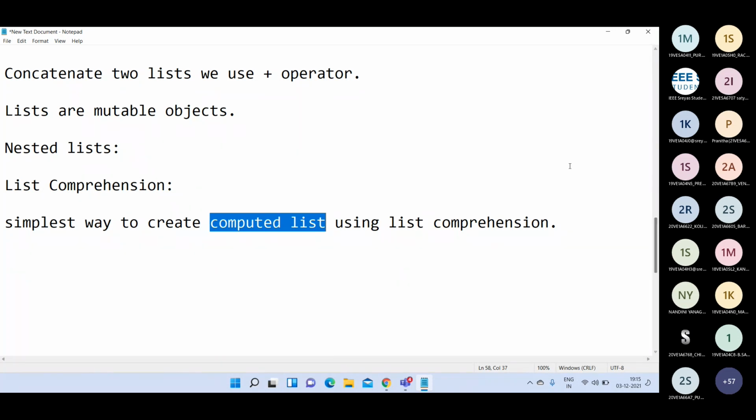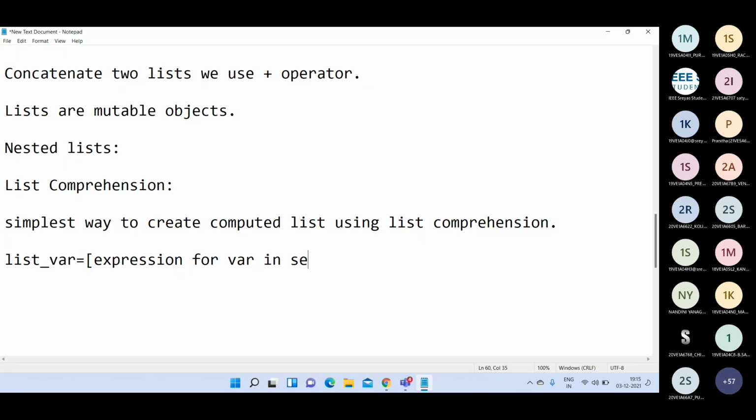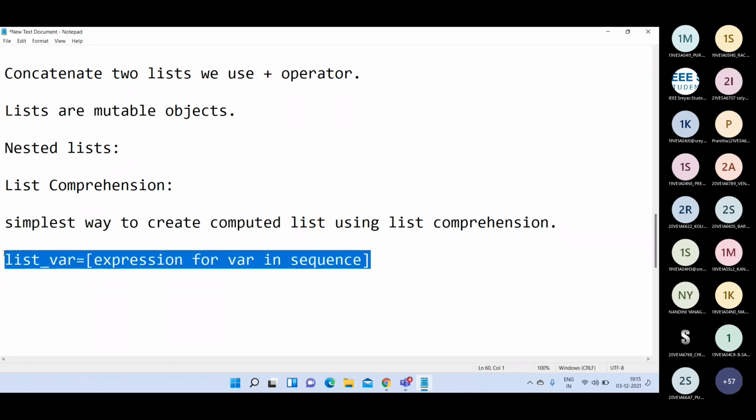The syntax for list comprehension is: we write a list variable equal to, within square brackets, an expression, for variable in sequence, or we can write the range function. This is the general syntax for creating a list using list comprehension.